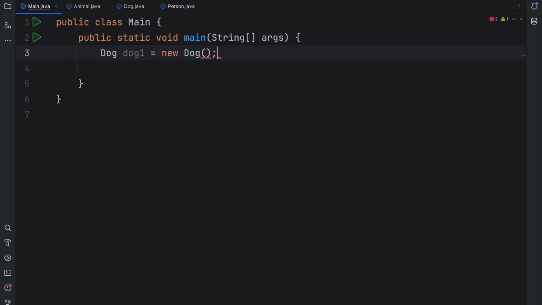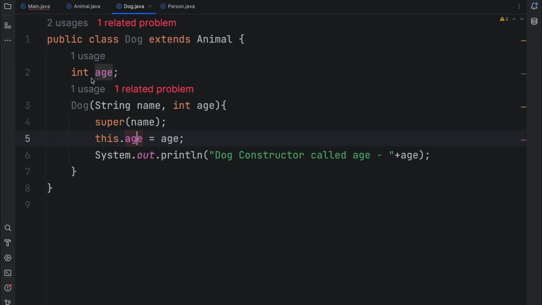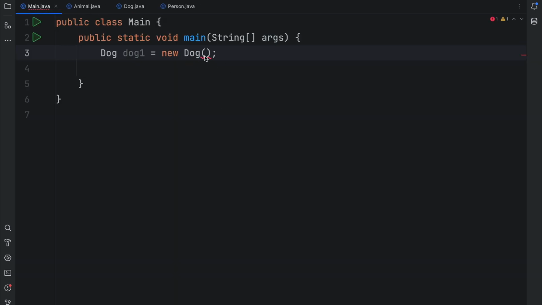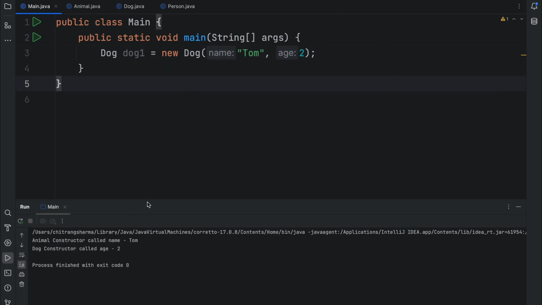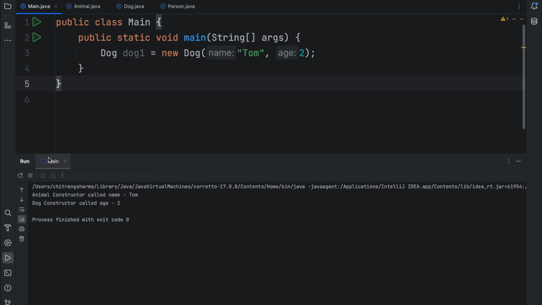This is constructor invocation, and because we don't have any default constructor, we are getting an error here saying your constructor requires name and age. So we can pass the name and age. Let me give our dog a name, let's say Tom, and the age of our dog is 2 years. Save that. Now if I run this current file, we are getting the output in the terminal,